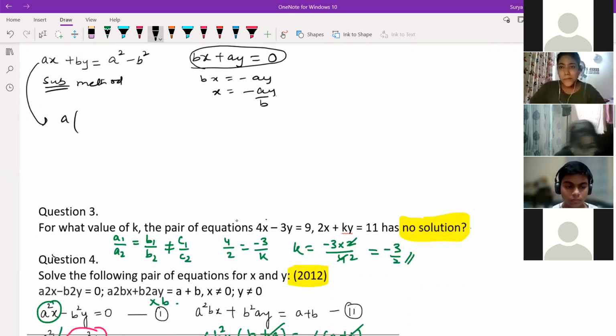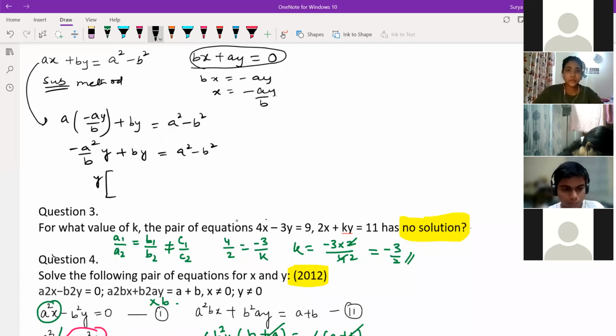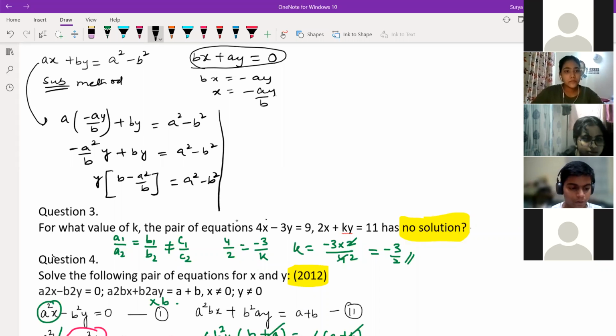So what I can write here: a into minus ay by b plus by is equal to a square minus b square. Minus a square by b into y plus b into y is equal to a square minus b square. So y you take common, what will you get here? b minus a square by b is equal to a square minus b square. Is it clear or not? Till here is clear. Now I can write here y is equal to,